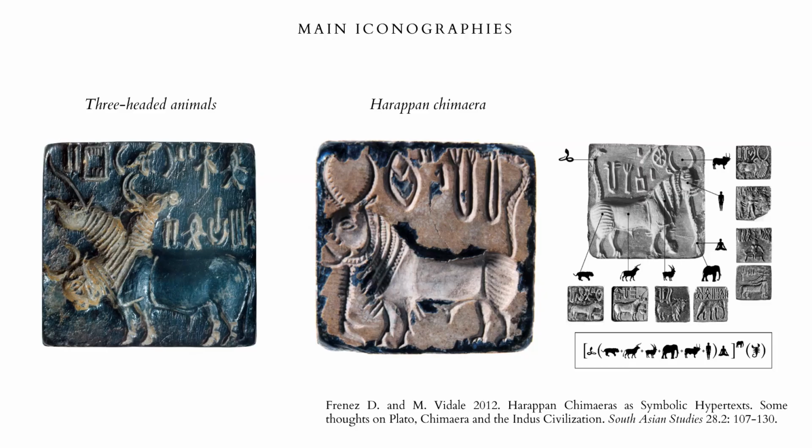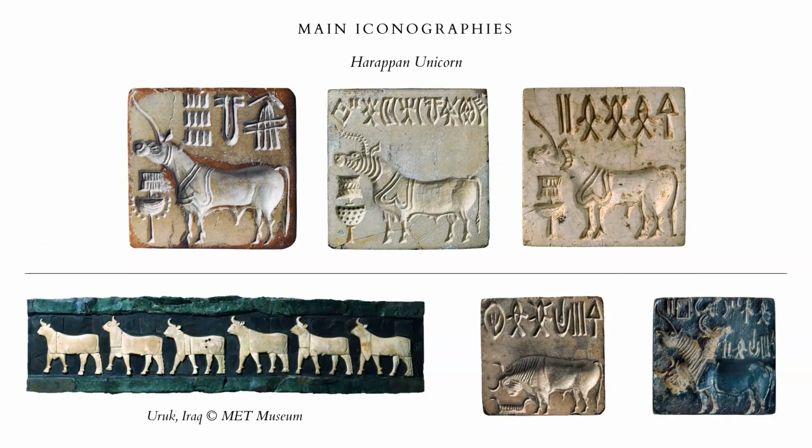The most common and iconic creature represented on the Indus seals is the so-called Harappan unicorn. Harappan unicorns are depicted as humpless, bull-like animals with a single sinuous horn protruding unnaturally from the top of the head. They are always represented standing in profile with only one ear raised, a prominent eye, and a raised rounded muzzle. Like all the other animals on the Indus seals, the unicorn is also always gendered as male.